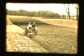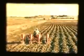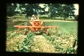The WD-45 has proven itself in year-round work on the farm. For spring plowing, coupled with the 3-bottom mounted plow, it does the job with plenty of power to spare. There is a full line of mounted cultivators available to handle any field cultivating job. At planting time, it handles a 4-row rear-mounted planter with ease. The 4-row cultivator lightens the labor of keeping